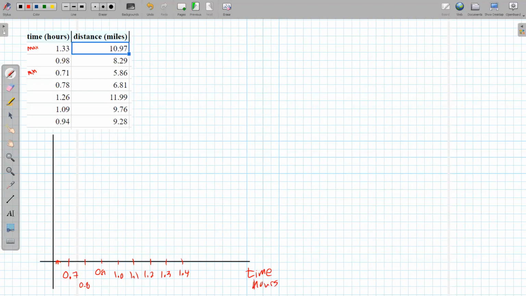I have to do a similar thing for the miles. So what's the smallest distance? So it looks like it is this one here. That seems to be the min for miles. That's about 11. This one right here is the max. So I've got to get from a little over 5, almost 6, to up to 12. So maybe I'll go from like 5 to 13. So I'm not going to start at 0. I'm going to put a little break, a little squiggle to say a break in the axis.